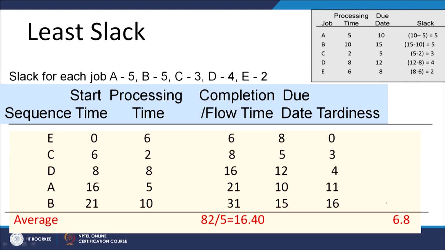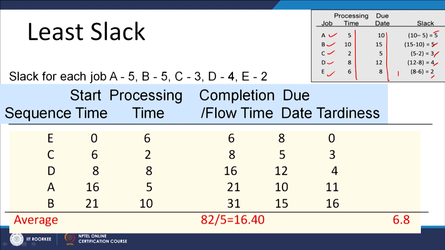Now, the least slack rule is applied. So, we know that earlier we calculated for all these jobs, A, B, C, D and E, the same processing time and same due date, but we calculated the slackness. The slackness calculated was 5 for A, 5 for B, 3 for C, 4 for D and 2 for E. Since we are considering the least slackness rule, the top priority is given to the job